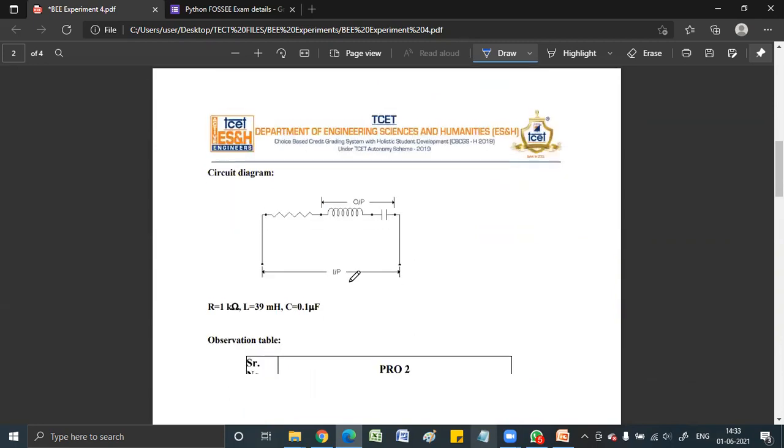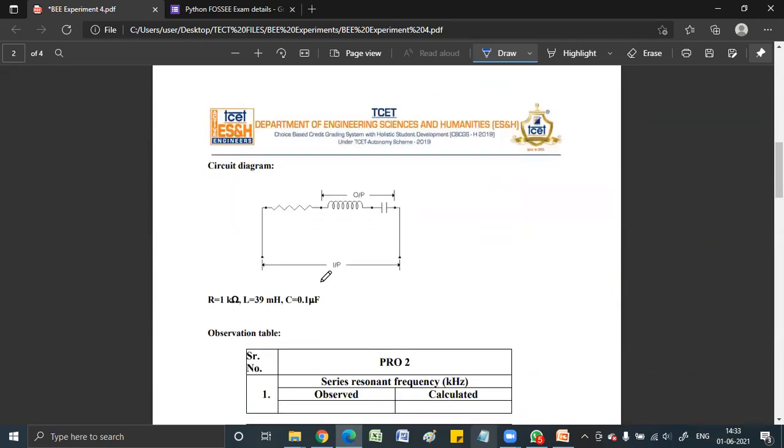So this is the circuit of your series resonance. You're going to apply your input over here. So this is your R. You can see a resistor over here. This is your R. This is L. This is C, right? And you're going to measure output across this LC. Okay, so you're going to measure what is the output across the LC, and you're going to apply input at the extremes, right? So your input is applied over here. Now, can you tell me what kind of a signal are you going to apply as an input?